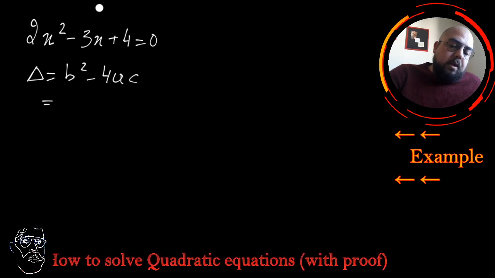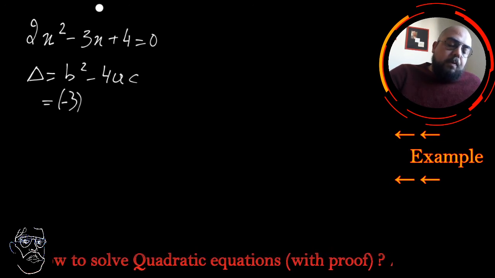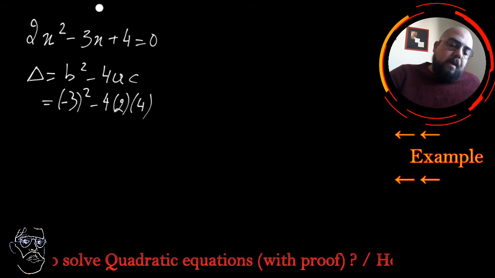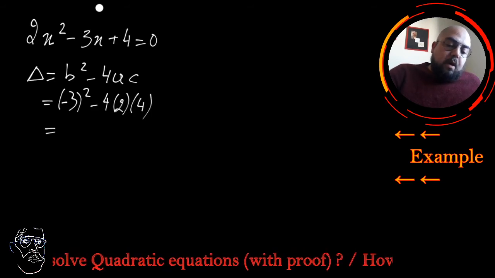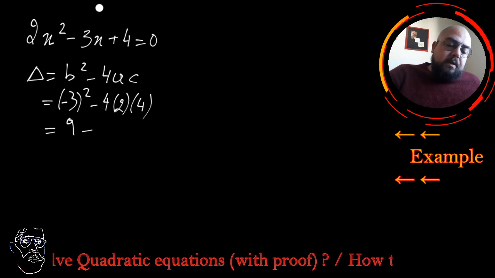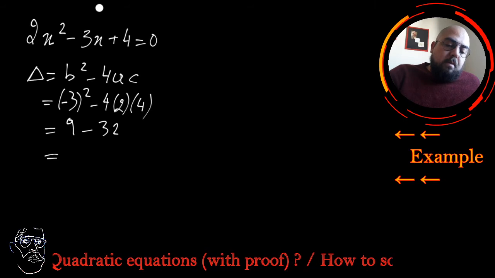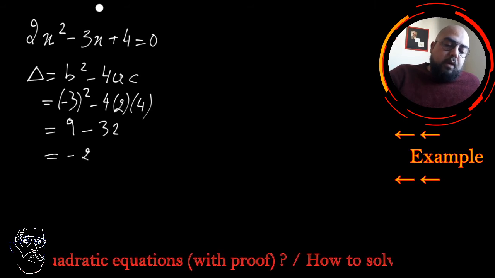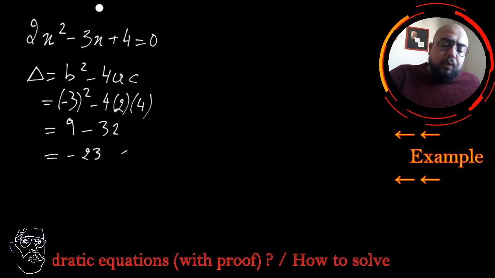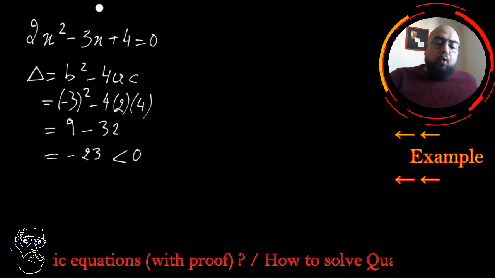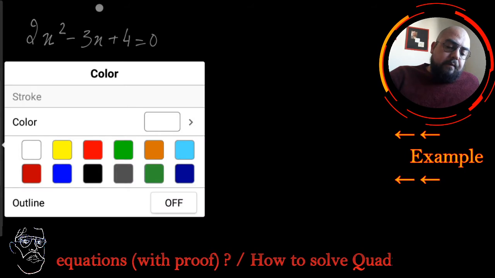What about b? b is equal to minus 3, to the power of 2, minus 4 times a, which is 2, c is 4. So you will obtain 9 minus 8 times 4, 32. So you will have minus 23. Minus 23 is a negative value, which means you will have